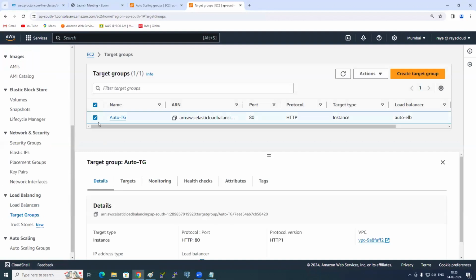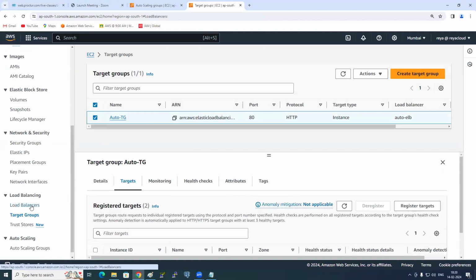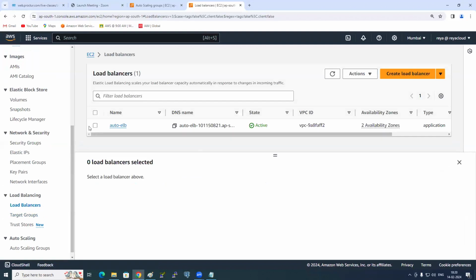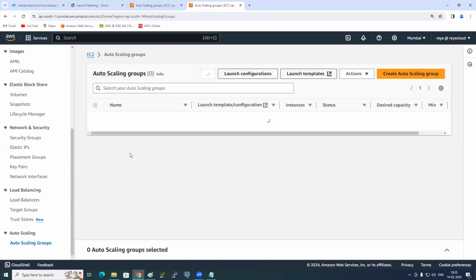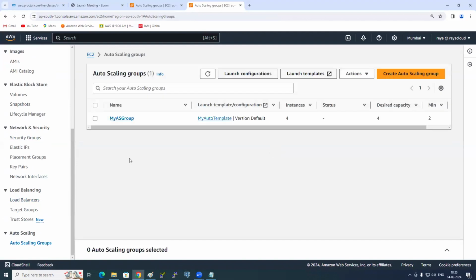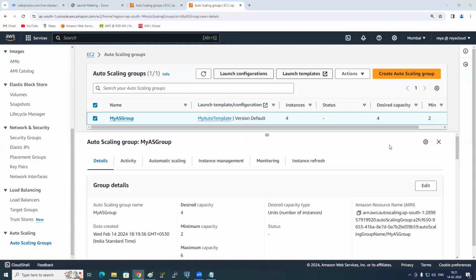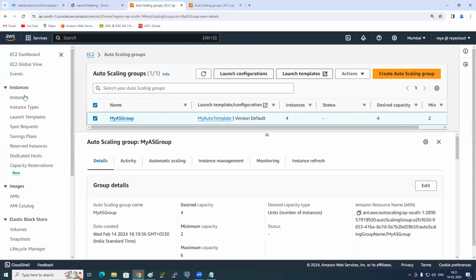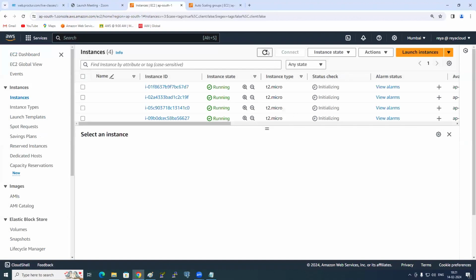Let's see. Select it, go to targets, and you see this? Now it is initializing. Slowly, all 4 will be inside this, and automatically our load balancer will work after some time. Now, is this clear? How to set up an auto scaling group? So let's wait. All are initializing.